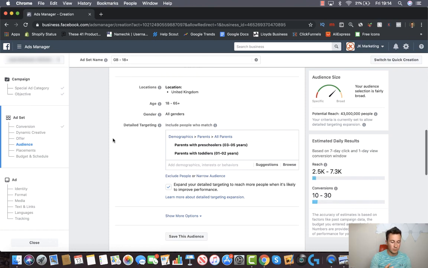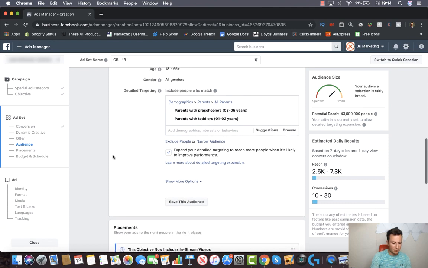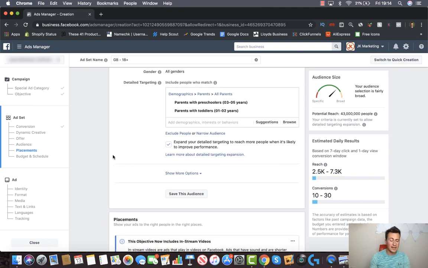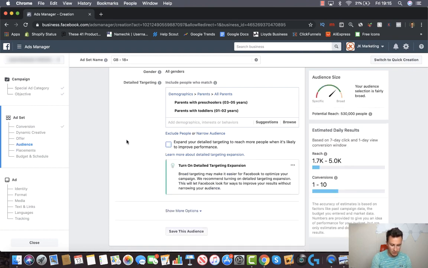Now, moving on to the next box, this checkbox here, I'm going to explain what it does, and it's up to you whether you want to use it or not. Personally, in the beginning, I don't recommend you do, purely because keep an eye on this potential reach. You can see it's 43 million. If I get rid of this checkbox, you can see it's gone down to 500,000 people. So what ticking this box does is it basically opens the door for Facebook to go out and show your ad to whoever they want to, if they